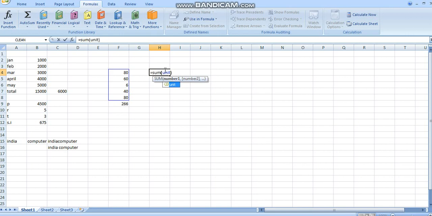See, the range is selected, 80 to 80. When I wrote unit here, the range got automatically selected. That is called using a named range. Enter. It is done. 266.